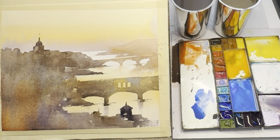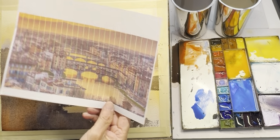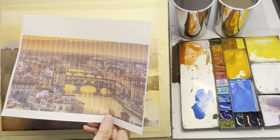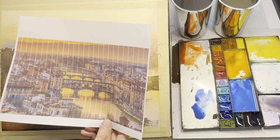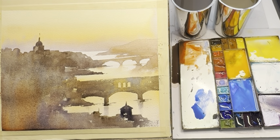Taking a scene like this and saying, I could copy that photo exactly, but would that make a good painting? It might, but my guess is it wouldn't, not necessarily anyway. It would look very rigid. And again, my opinion is, what's the point? If you have a photo, why paint it? So trying to figure out what's the most important thing, what's the second most important thing, setting up a hierarchy that works,